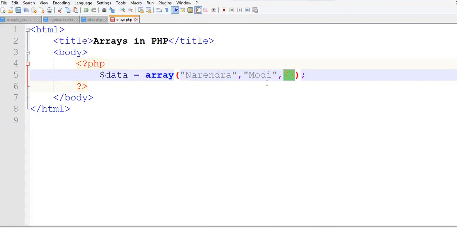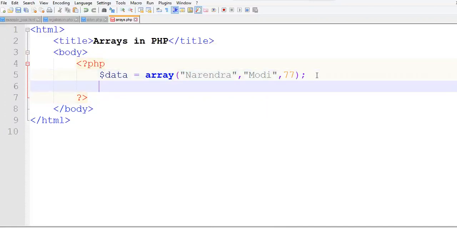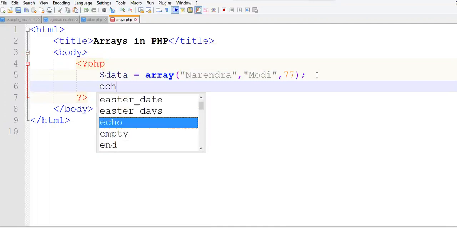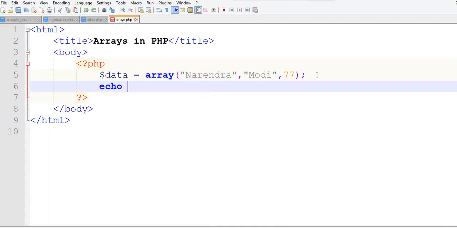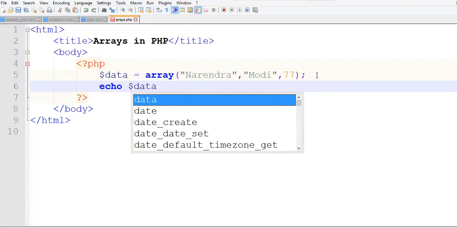Now an array in PHP can hold more than one type of values inside a single variable. As you can see here, $data is an array variable which is holding three types of values. Now let us echo this statement and check the output. In PHP, the array indexes also start from 0.